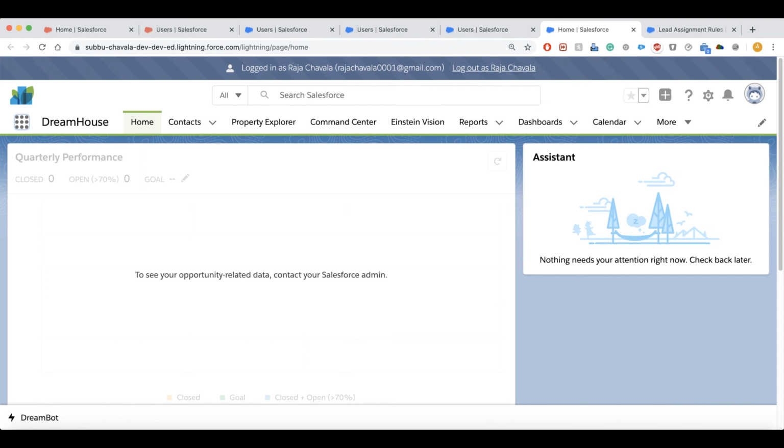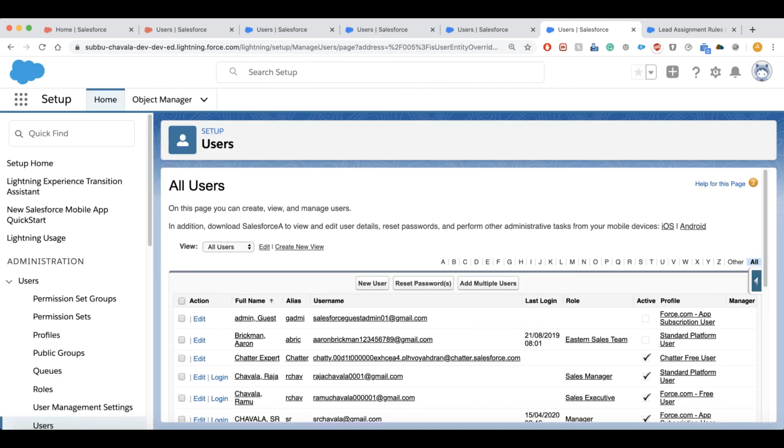So what is the point? Every profile should have at least one visible app. Otherwise, if there is no app assigned or visible to the user, what will the user do in Salesforce? He should have at least one visible app so that he can do something with Salesforce. If an app is visible, its tab won't show up unless the profile has permission to view the associated object.